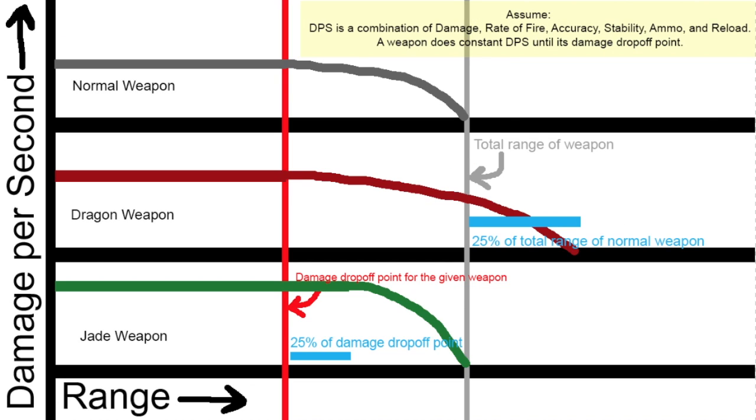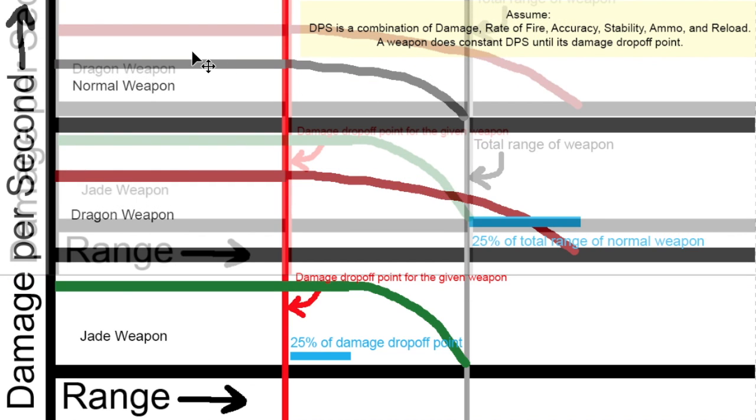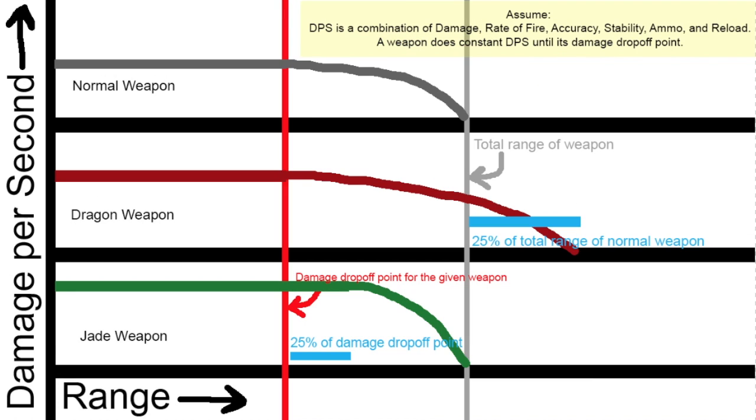And obviously, to show the boost in damage, it might be something like this: the normal's down here, then the dragon with boosted damage is up here, but it's all got to end at this spot, right? So this isn't exact by any means, just providing a possible visualization. I know I'm dragging on, a lot of people probably get it already, but then just to show you the